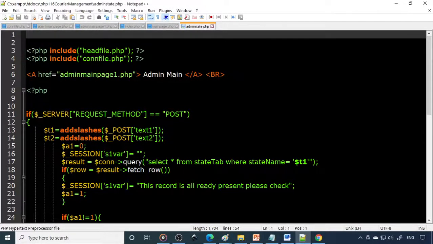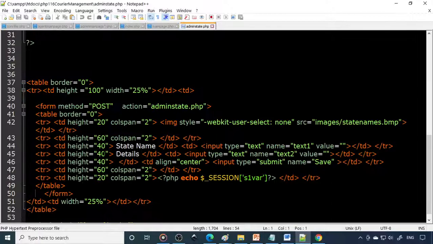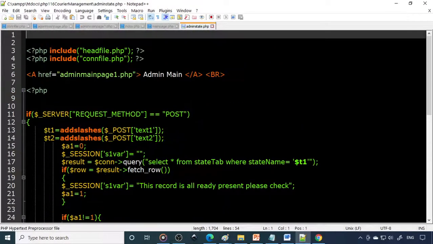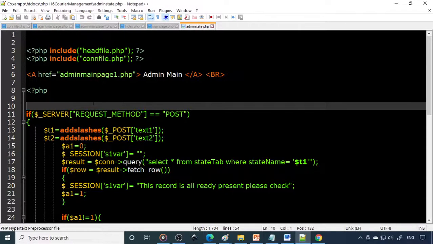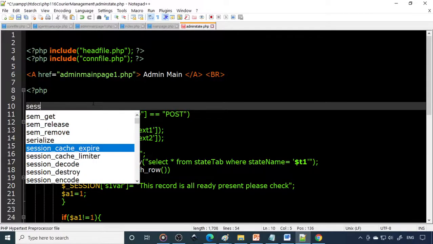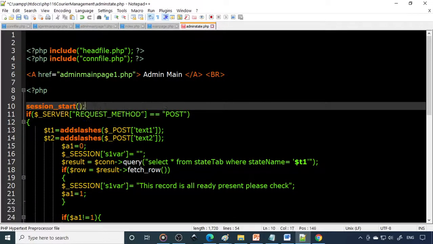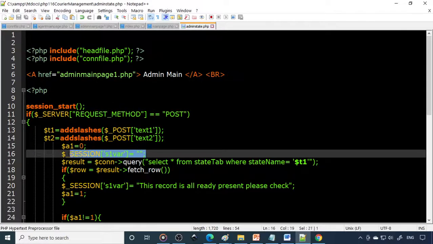Okay, so here is a session variable, and we are utilizing it here. Whenever you use any session variable, we need to call session start. That is important, because without it, if you are using a session variable, it gives an error. So you say session start, and now you can see that this variable is inside. You need to take that outside.